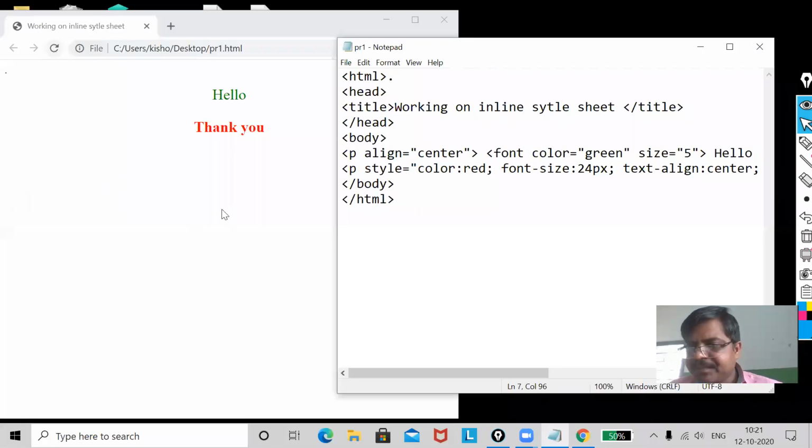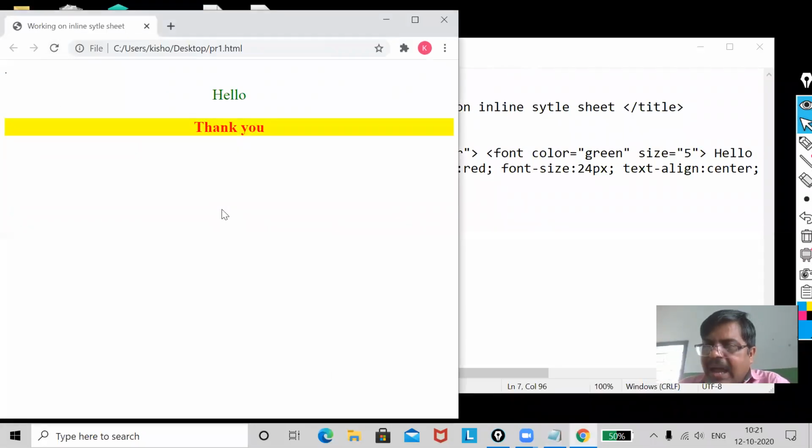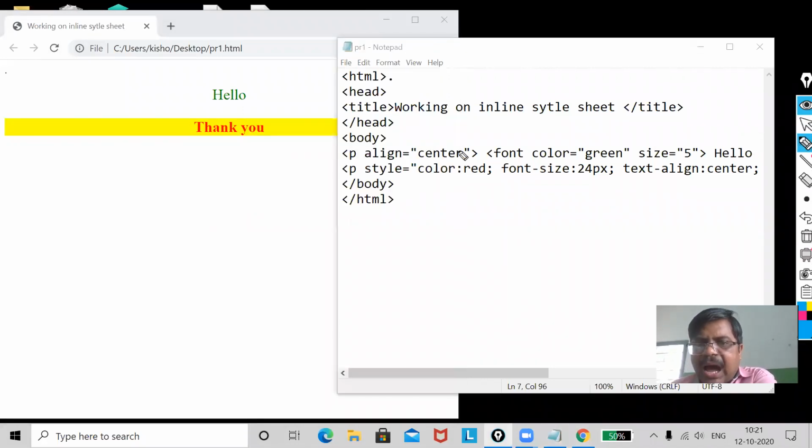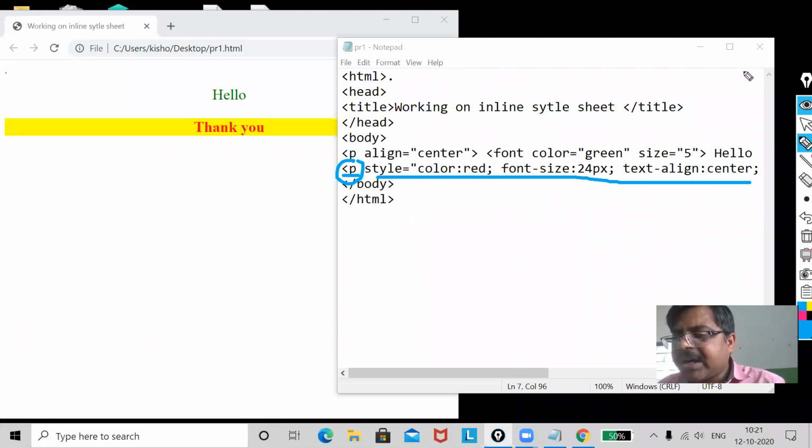Now, okay, that means I have taken only one tag. You see, I have taken only one tag, that is a paragraph, but using this paragraph tag, I am applying the different formatting effects. But when you use it in HTML, it will be complex.